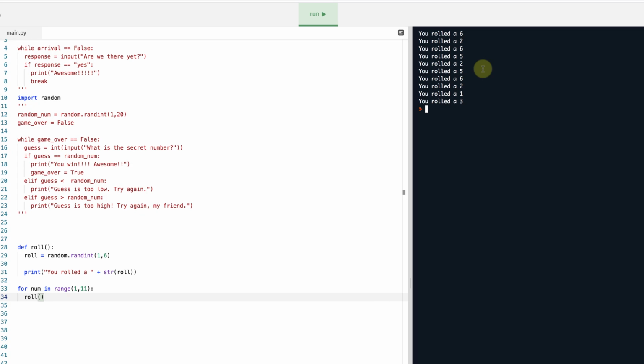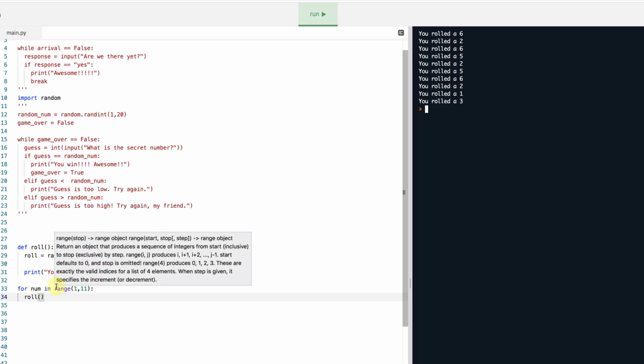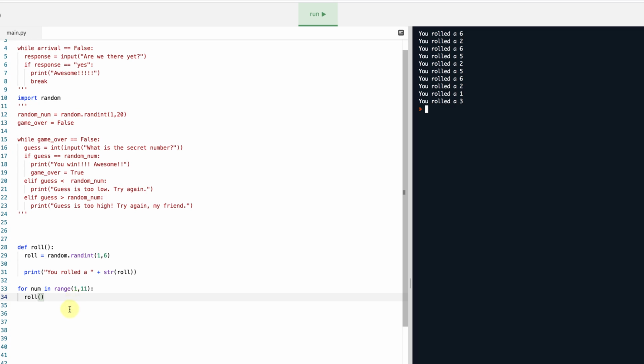Now, what goes in the parentheses with a function? This is where we can set our parameters, and just think of parameters also like a placeholder, temporary variable. I'm going to go ahead and delete this for loop for now, and we're going to modify our roll, because not all dice have 6 sides. Sometimes dice have 20 sides or 12 sides or 8 sides. So rather than create a function for each of these different die rolls, like for example, if you want to do this the long way, we could do def roll_20,